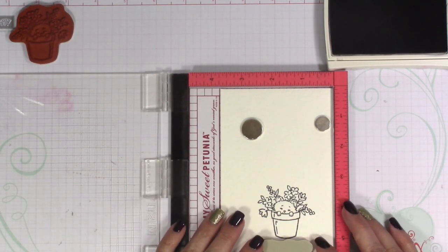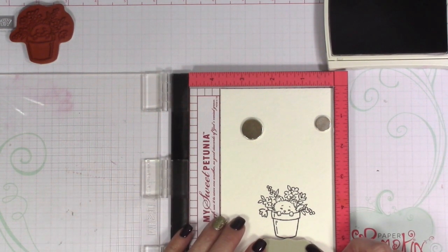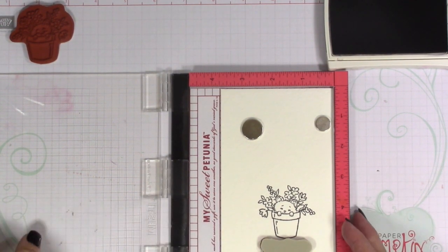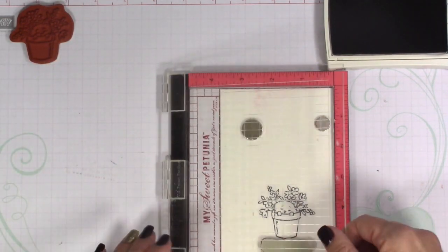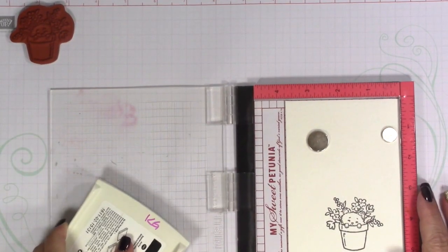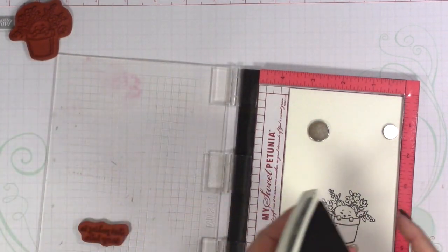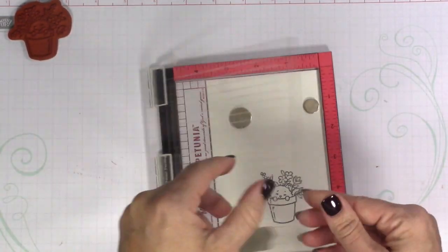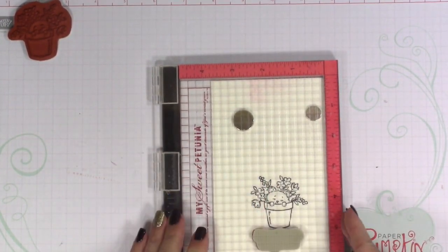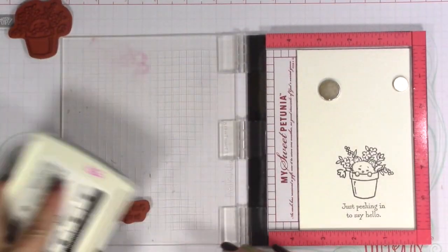Okay, so with this, I'm just kind of eyeballing it and keeping my fingers crossed that I do this right. On my sample, my sentiment was a little bit lower than what I wanted it to be, so let's see how this works. Okay, so we're inking that up in the Basic Gray Archival ink. And let's say something good, like it's going to work. Okay. That's a little bit low again, but I'm not worried about it